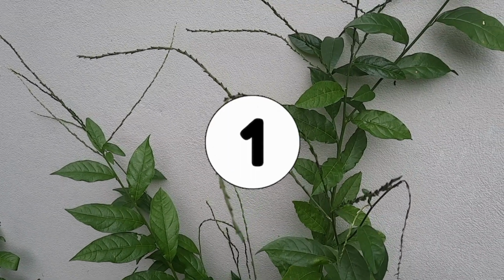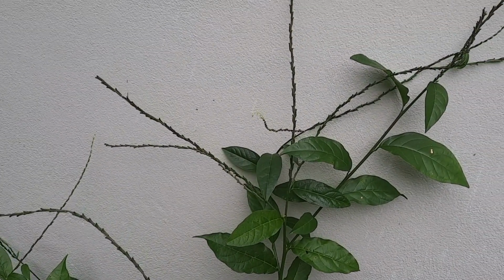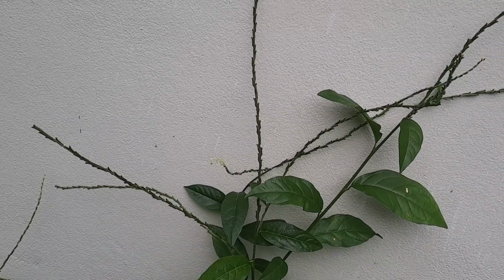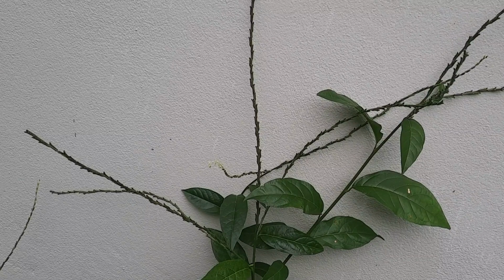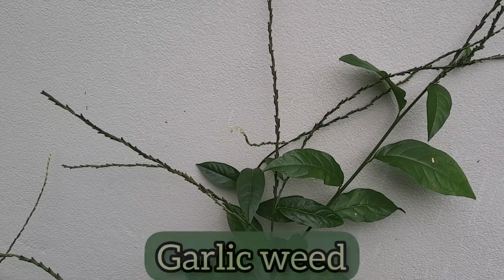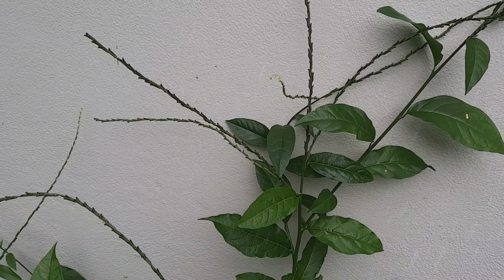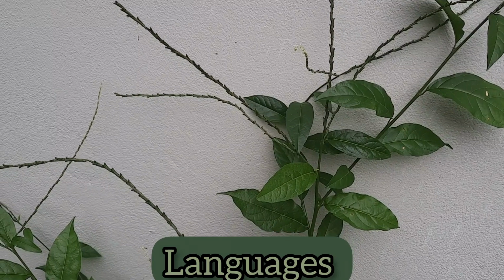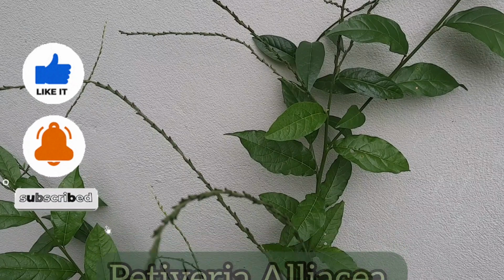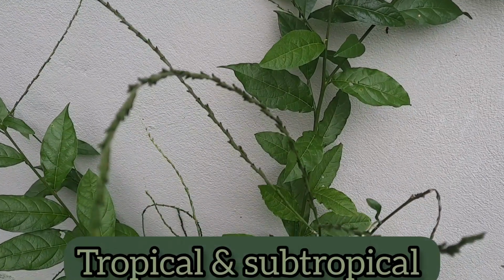So, this is the first plant that we will be looking at today, and it is commonly referred to as Guinea Hen Weed here in Jamaica, but it has other common names in other countries. For example, it is also known as anamu and garlic weed, among many other common names, and also in different languages. Scientifically, it is known as Petiveria alliaceae, and it can be found growing in other tropical and subtropical regions around